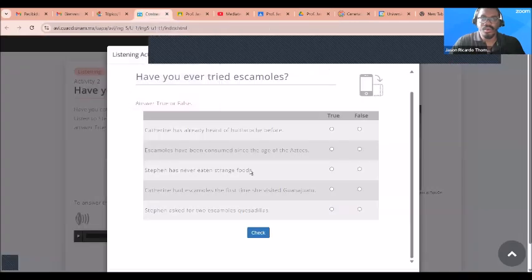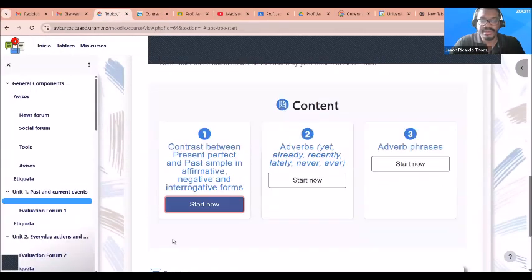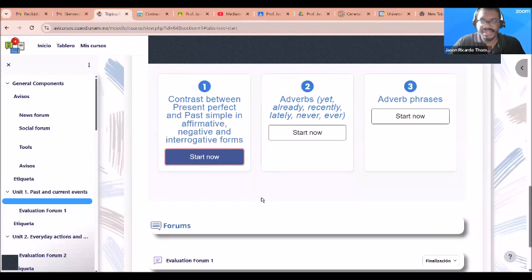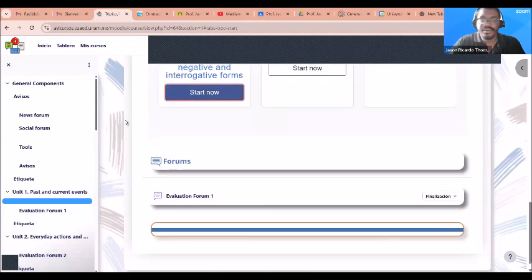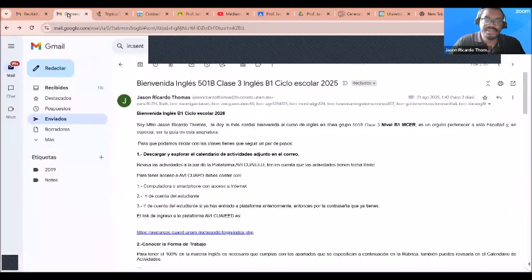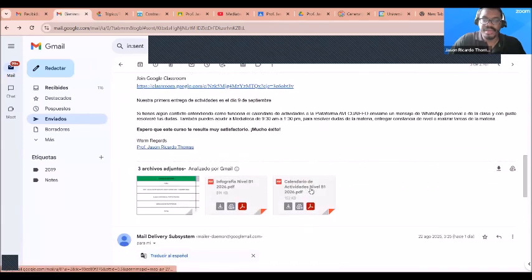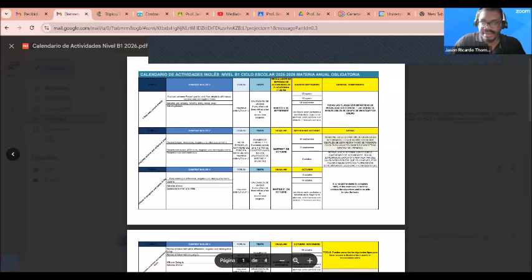Once you've completed all your work, that should give you enough practice to complete the required activity for each unit. Each unit will have different evaluations. You can check the evaluation requirement for each unit by reviewing your calendar. For example,